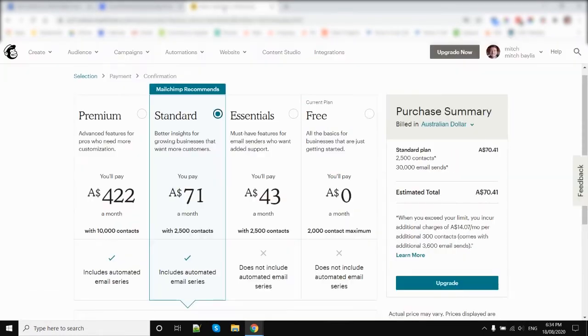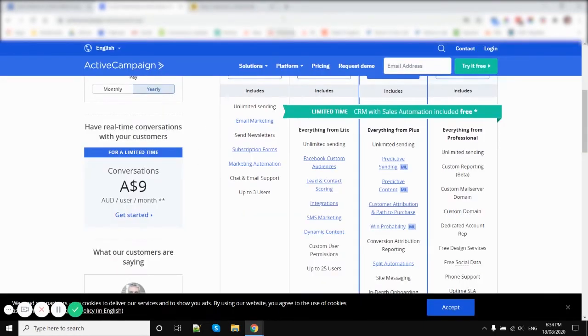Now, both are supported. Mailchimp actually tends to be a little bit better for those e-commerce integrations because it's the bigger player in the email marketing space, and so those integrations tend to put a bit more time into building out those integrations. Whereas ActiveCampaign is a little bit smaller, and so it doesn't get as much developer love,